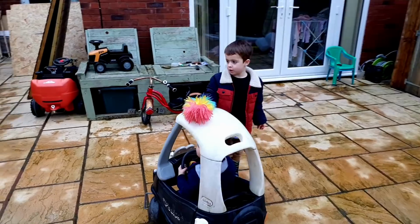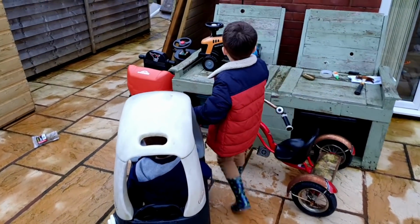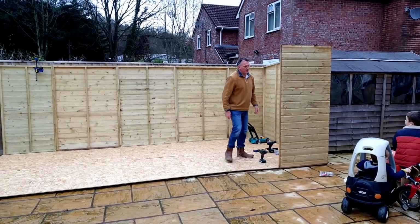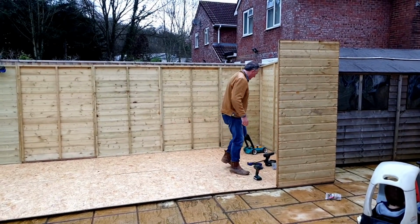Good size? Are you cleaning the car? No. With a feather duster? I'm a mechanic driver. You're a mechanic driver? I don't even know what that is. Good height. My dad's tall as well. My dad's a tall man. He's 9 foot tall, my dad, so...